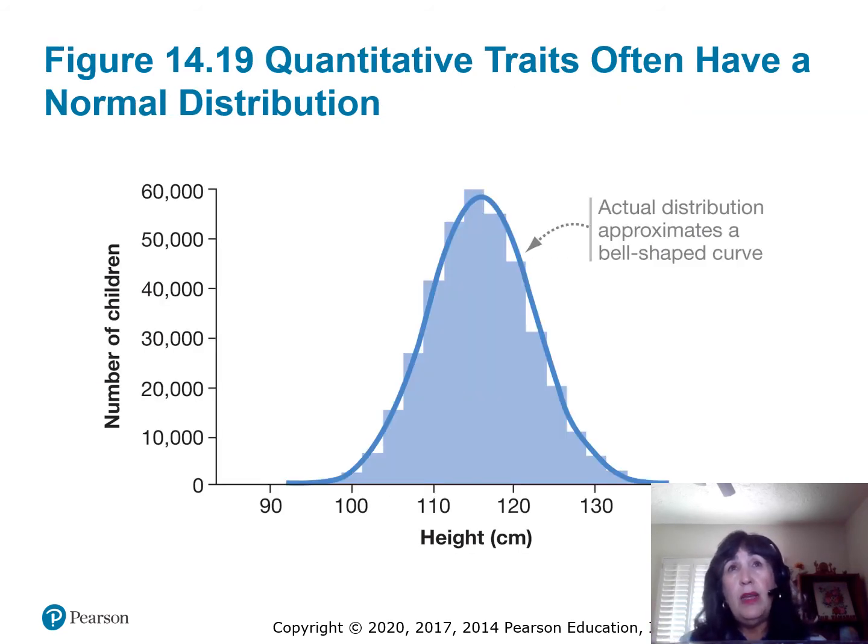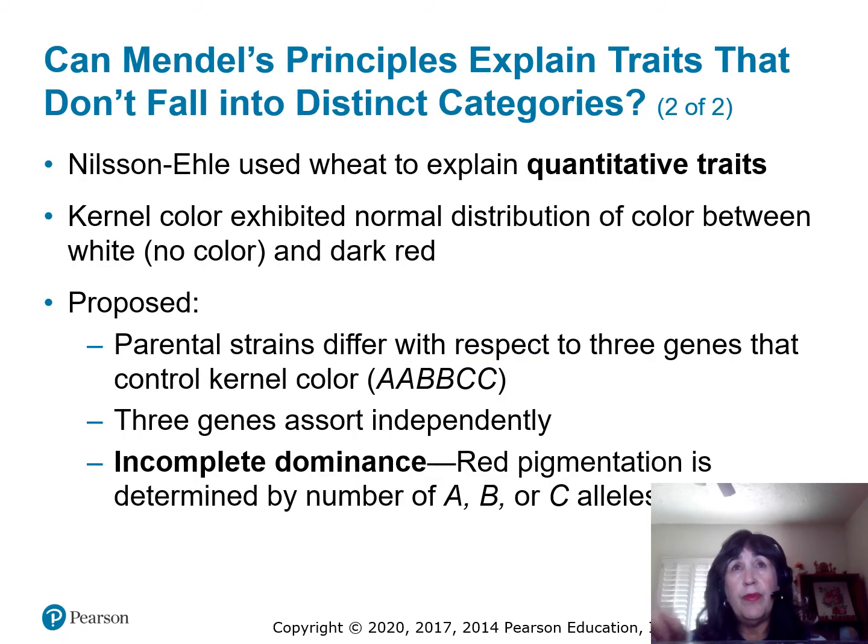Usually quantitative traits means that many alleles are affecting a trait. And you know this because if you look at a population, you see a lot of variation forming a bell-shaped curve. So quantitative traits are affected by many alleles. Skin color, height, eye color, intelligence, all of these are affected by many alleles. These are quantitative traits.